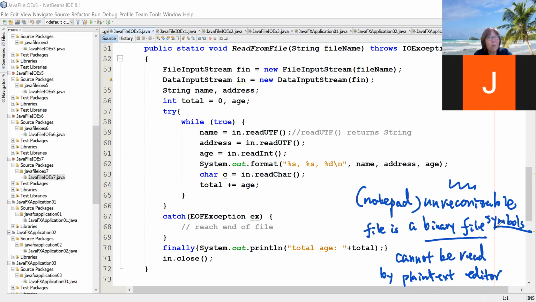Okay, so it's not able to be read. It's just like a Word file. If you want to open it in Notepad, you cannot read it, right? You need a Word application to open it. You write in that format, and when you read, you also need to use that Word to open it. So it's the same thing here. Okay, so here is our write